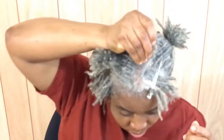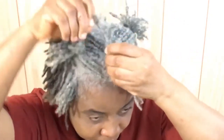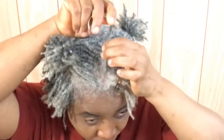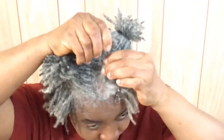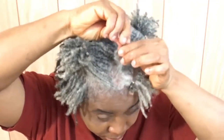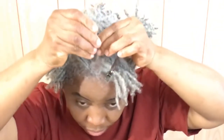And then I pull, but I'm not going to pull this yet because I found out that I have some new growths here, and they've started locking. So if I take from the root, it's not going to lock here. So I take from here, and then I pull forward,